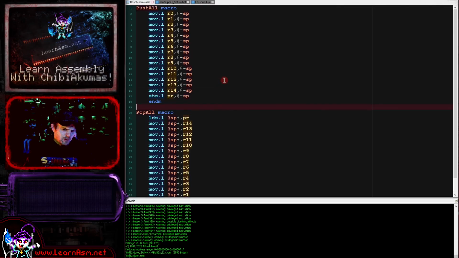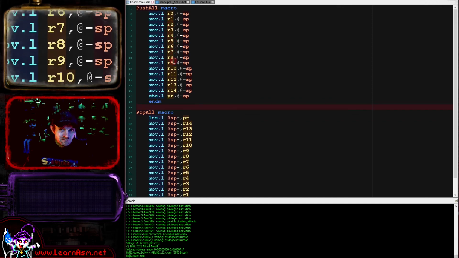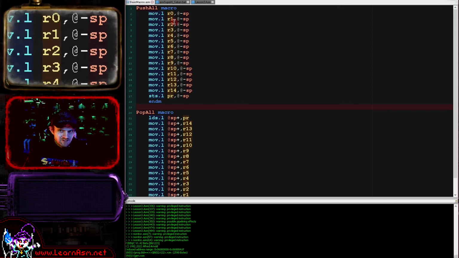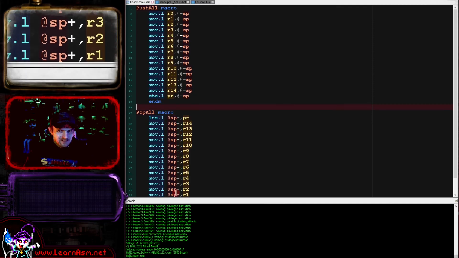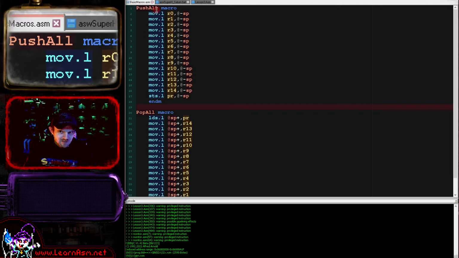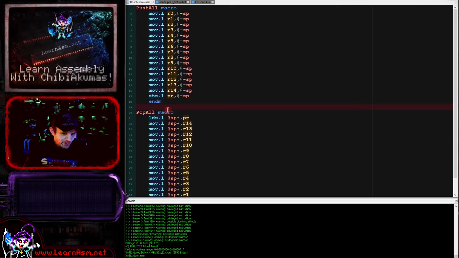So if you want to back up all of the registers in one go for simplicity at the start of your subroutines and restore them at the end, you're actually going to have to do that yourself with literally a large sequence of push commands here, moving all these values onto the stack, and pop commands moving these all off the stack. And so what I've done is I've created a macro called push all and a macro called pop all. So these are just very simple, ultra safe routines,